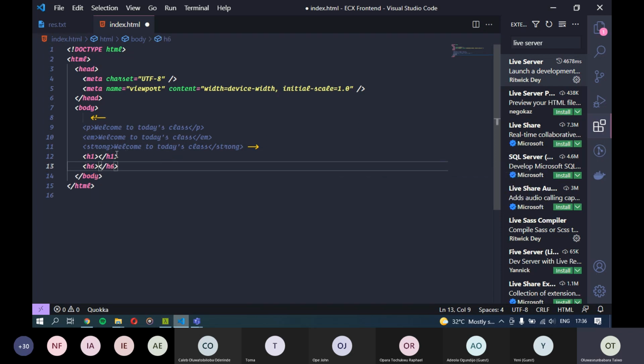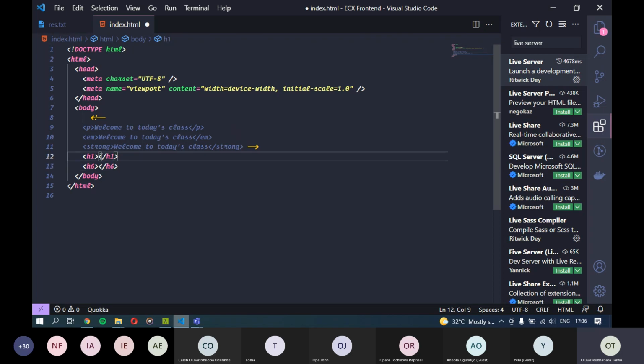Each of them represents how important the heading is. If your browser is going through a page and sees an H1 tag and an H3 tag, it knows that the H1 is going to be more important. So take that into consideration when you are building whatever you want to build.